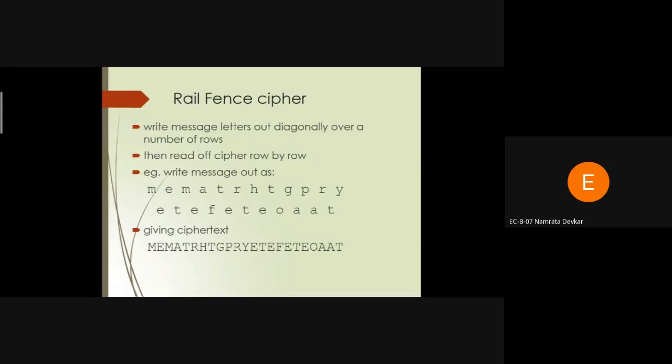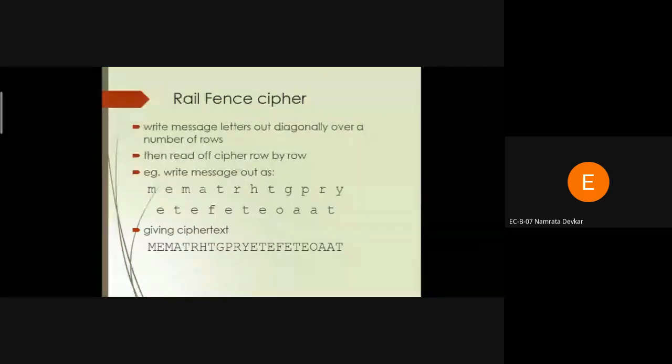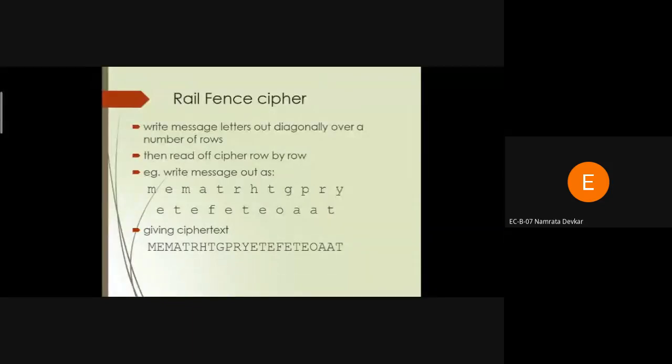If we look at the cipher text, there is less possibility to hack this information. The hacker can only read the contents of this information, but he cannot understand what information is being transferred by using this algorithm. So have you understood this? How to encrypt the message by using the rail fence cipher?